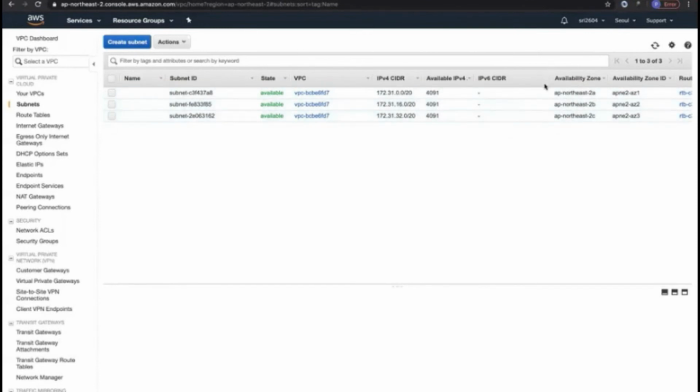So you can go ahead and create a subnet for your virtual private cloud that is mapped to this particular availability zone. One thing that I would like to mention over here is a subnet cannot span multiple availability zones. So you can't have a subnet that maps AP Northeast 2A, AP Northeast 2B. That's not possible. But then you can have multiple subnets in the same availability zone. That is very much possible. But then you can't have a subnet that spans across multiple availability zones. So that is not supported by AWS right now.